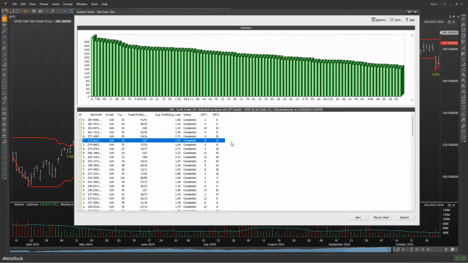So just be careful with it, because a lot of times people will just gravitate to the most profitable ones. And what will happen here is that if you're testing something and it did really well on historical data, there's literally no guarantee that it's going to do that well on future data, right? Because we know these markets are constantly changing.